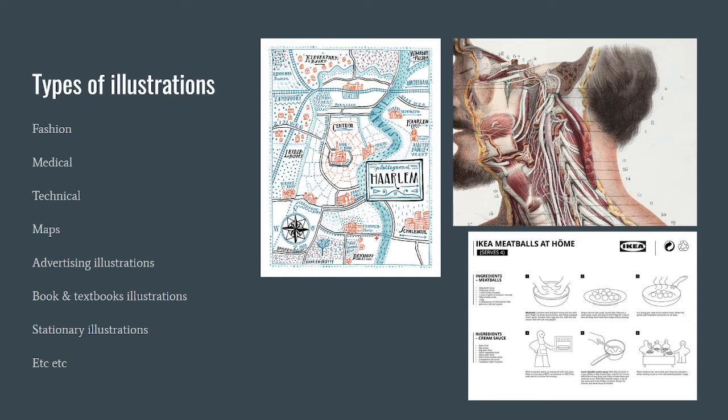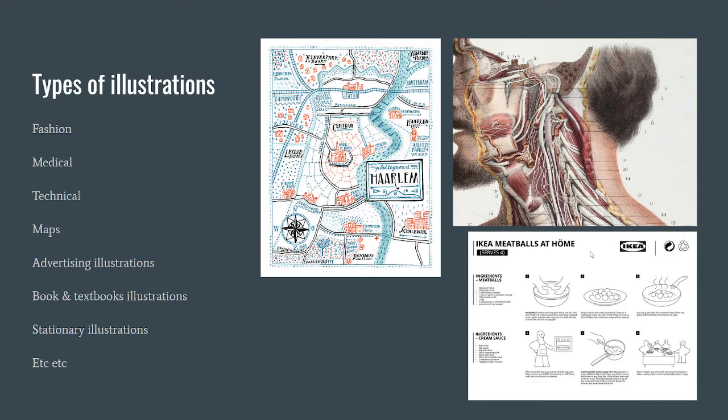You also have illustrators for technical manuals and things like maps, advertising illustration, like you just saw on the last slide, obviously textbooks. And children's books is another big area. A lot of people specialize in stationery, like greeting cards. If you ever go down the aisle in Hallmark or in a store that has cards, you see all kinds of illustrations. And one that most people don't even think about, and this is related to the technical, is